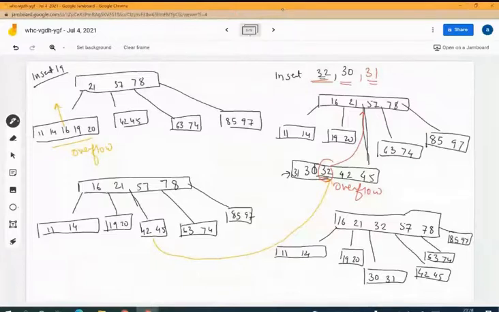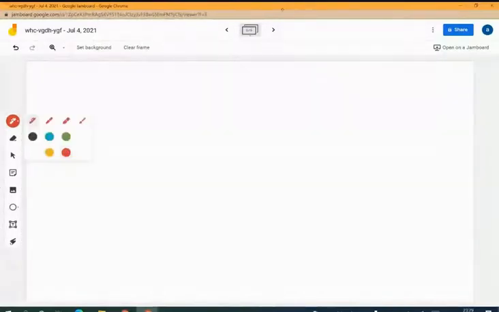Right? So if you can observe here, even the root node has become overflow. So what are we going to do? Again, we are going to pull the element. So finally, I'm going to pull an element from here also. At that point, what will happen? This will be pulled and 32 as a central element will come at the top.